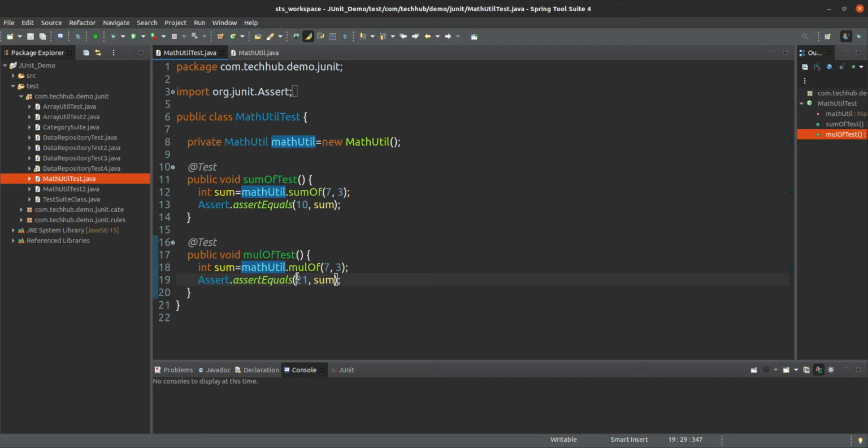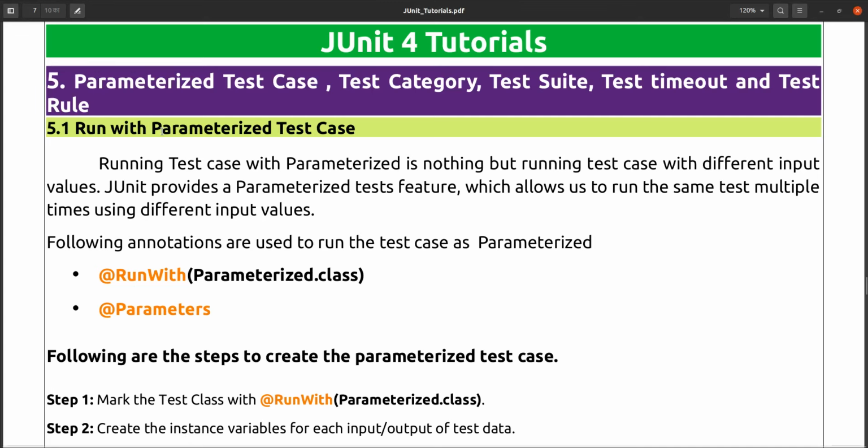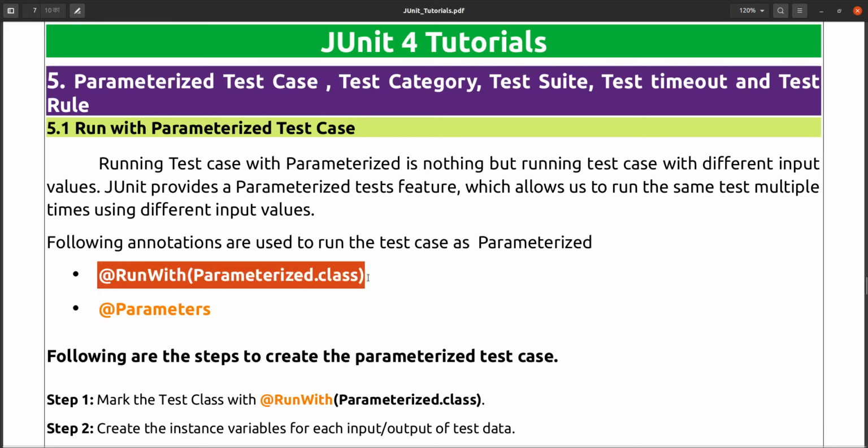But what if I want to test this same test case with different values? How can I achieve that? We can achieve that using a parameterized test case. So these two annotations can be used to run the test case as a parameterized test case.